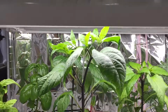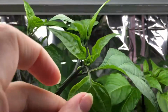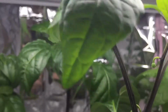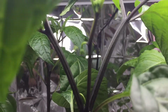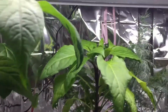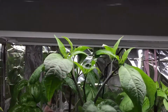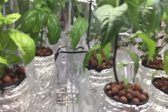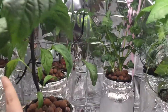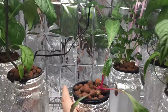I'm gonna have to raise the light today, but they're doing really well. And you can just sort of see in here the beginnings of some flowers. Oh, there's one right there. That little flower is going to become a jalapeno pretty soon. Got 3 of those plants. This one's the smaller one, but I think with a little bit of a raise of the light today, I'm gonna change their nutrient solution. He'll catch up. In the back, we've got a little Swiss chard, and I was just waiting for this one's